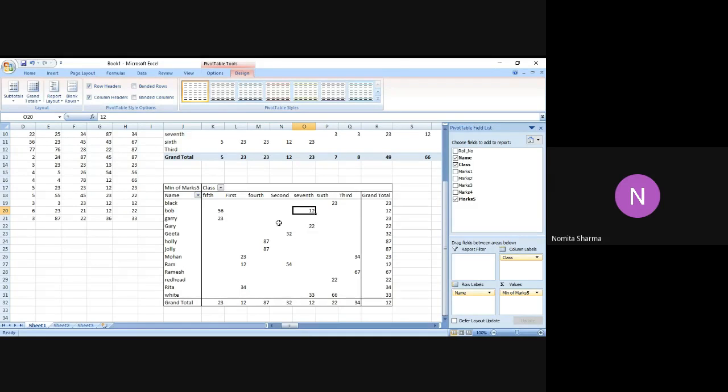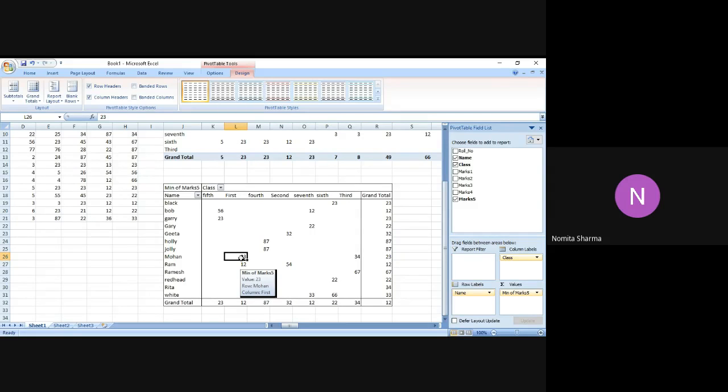If I place my cursor in any blank column, you will see that the box is not appearing over here. But if I go back to any number which is the minimum number, only in that case will that minimum of marks 5 window appear. The window says it is the minimum marks of marks 5, value is 23, row is for Mohan and column is for the first class.